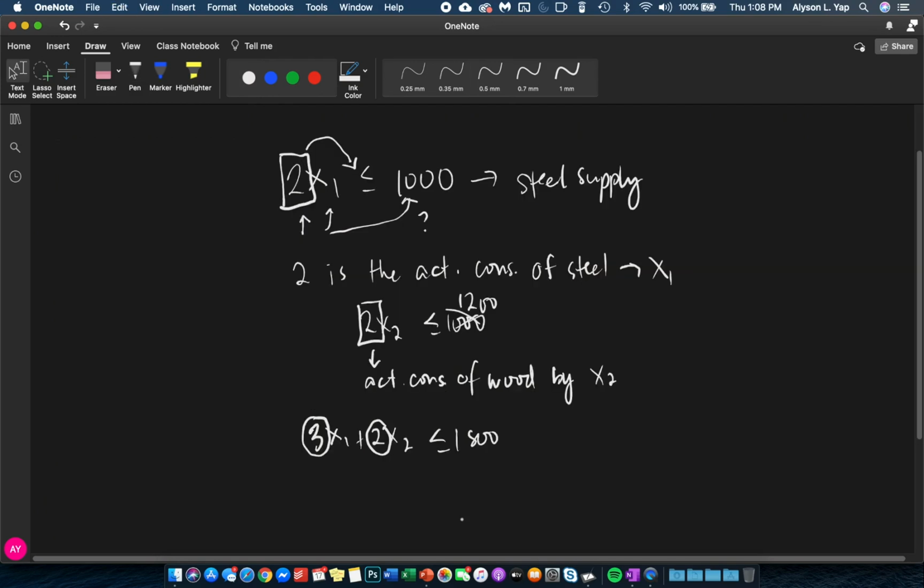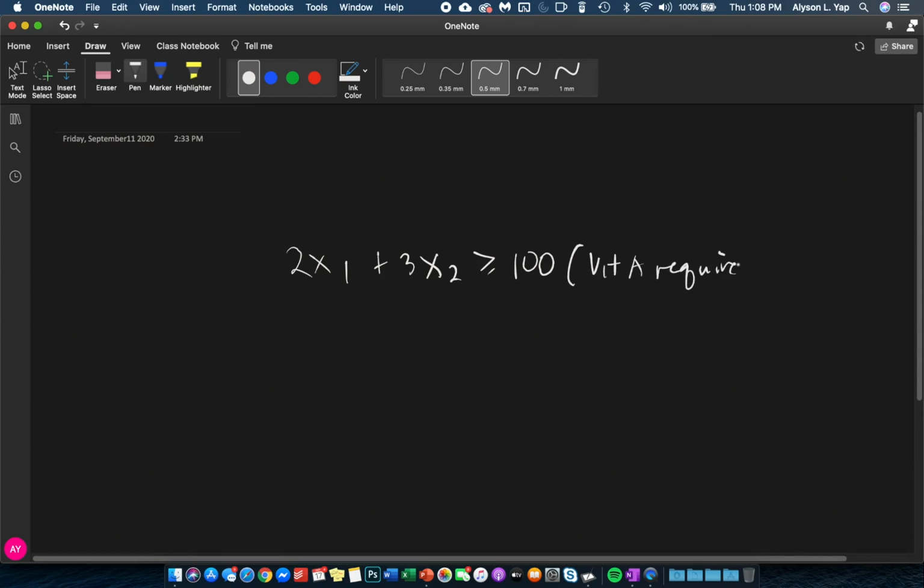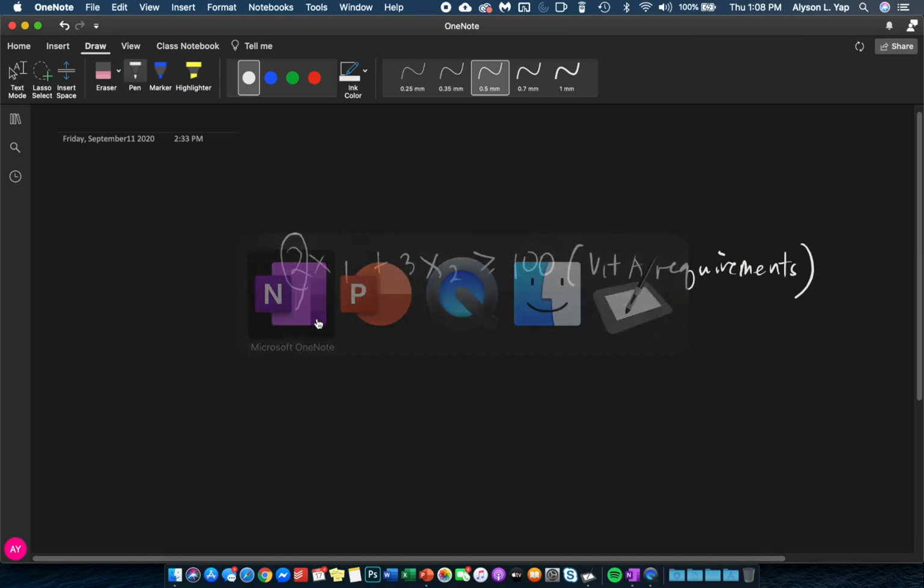Okay? Now, what if your constraint is a greater than or equal to constraint? Let's say your constraint looks like this: 2x1 plus 3x2 is greater than or equal to 100. And let's say this 100 is a vitamin A requirement, meaning you need to get at least 100 units of vitamin A. So in this case, this coefficient 2